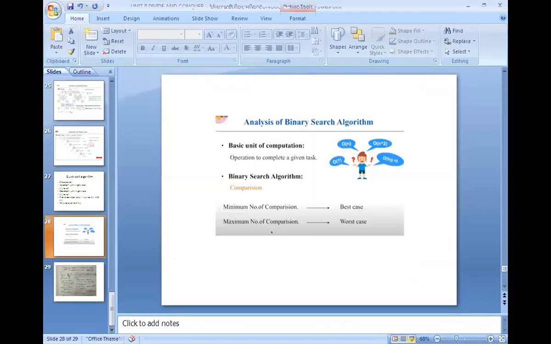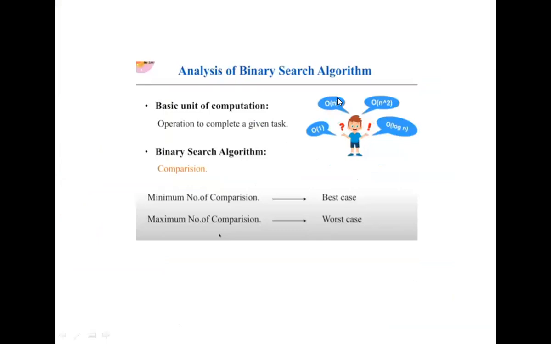Here the searching will be performed on only a sorted array. So binary search performs only on a sorted array. For an unsorted array, we do not use the binary search algorithm. Just remember, linear search can be implemented on both sorted and unsorted arrays. Sorted array means the elements are arranged in either ascending order or descending order.